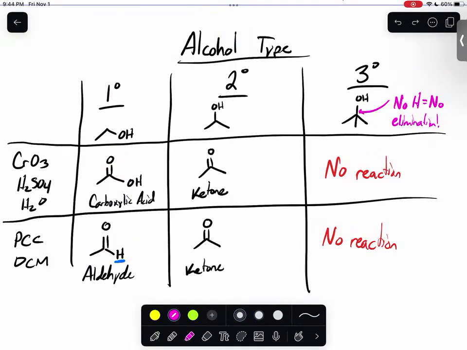Next time, we're going to go through and we're going to talk about the opposite direction of this, which is doing reductions. So we're going to ask ourselves, what happens if we try and take a carbonyl and return it to an alcohol? So I'll see you next time for that